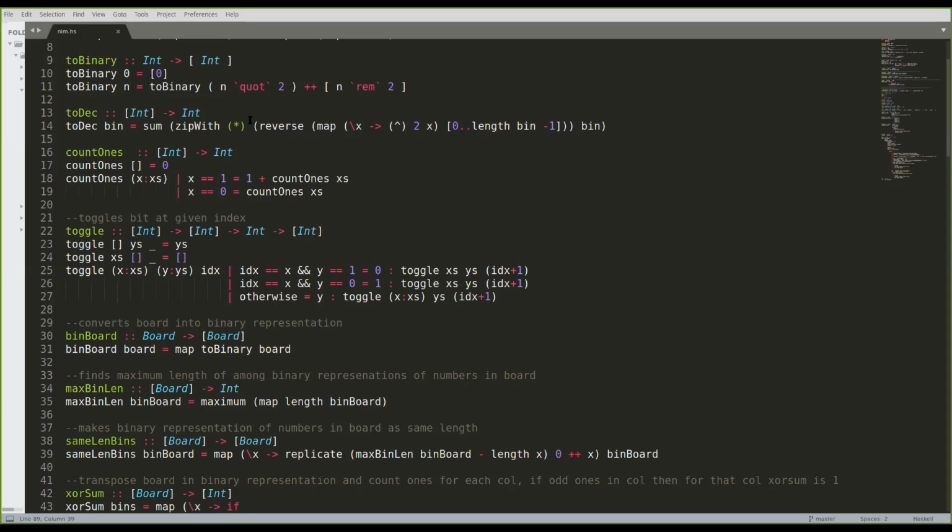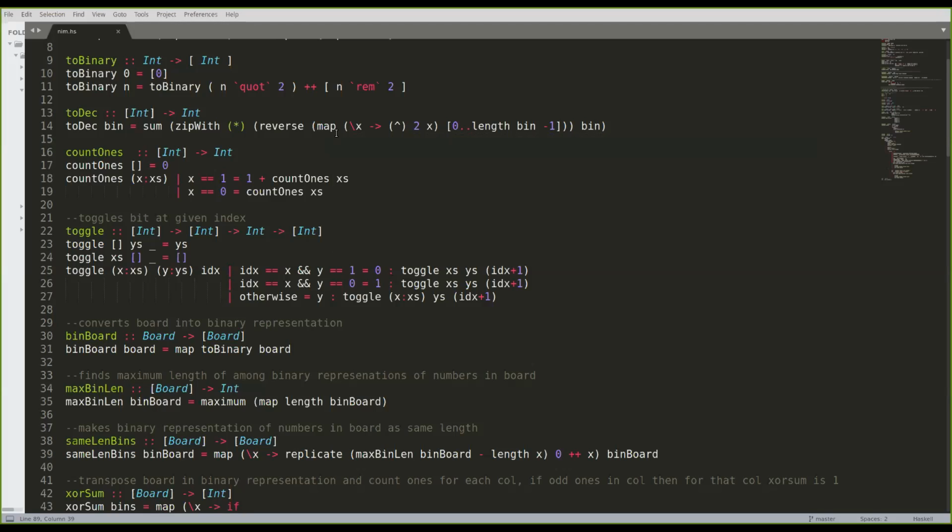So you add the remainder and then you call binary again. Yes, that's what it is. And toDecimal is a sum. Okay, you are using zipWith. That's exactly what I wanted to know. Yes, zipWith, and then I'm summing the products of the zipWith, the powers and the reverse of the map of the powers. You just multiply it by 2, and then the length of binary. That's a very cool use of the dot dot